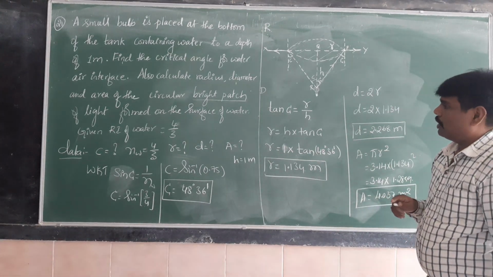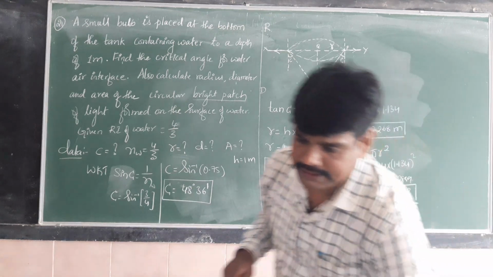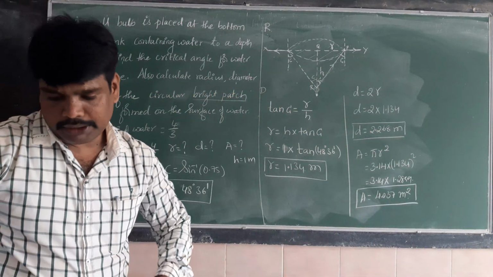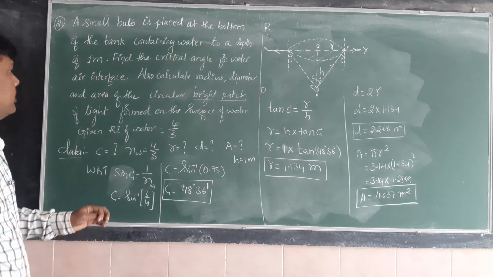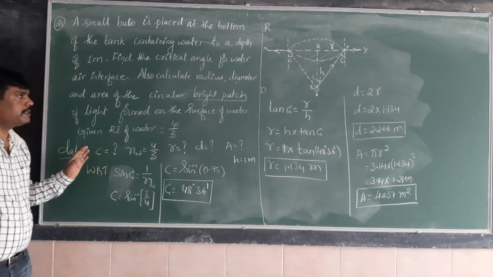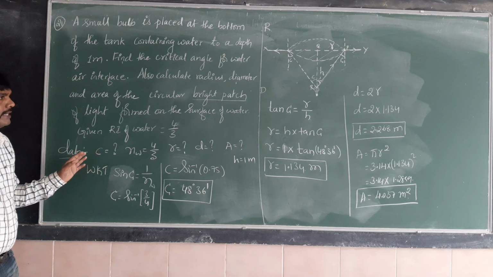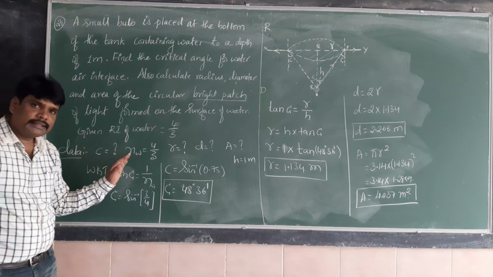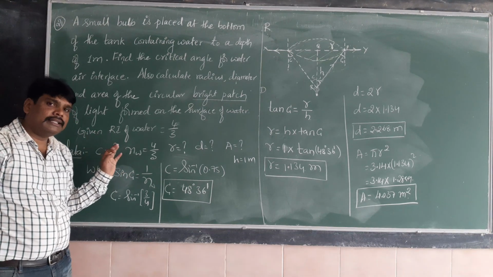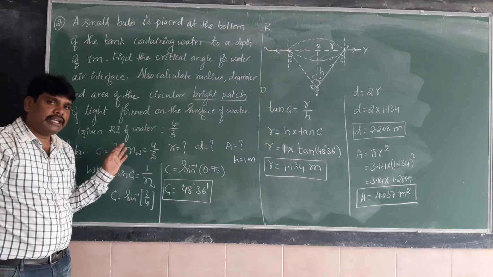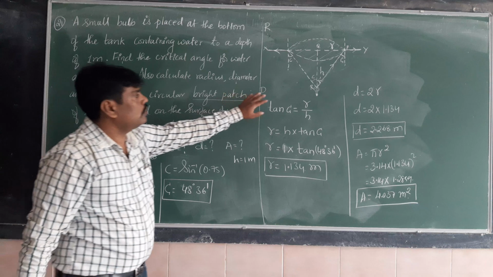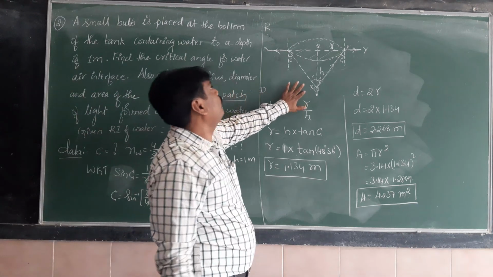What we have calculated, this question is asked in the board model paper, in the PU board model paper 2. So this is one of the important concepts. This type of problem may be asked in the examination for 5 marks, and these types of questions are asked in NEET and JEE also. So it is a very important concept. This is also called the fish water problem.